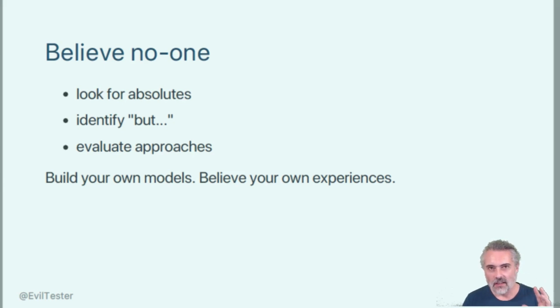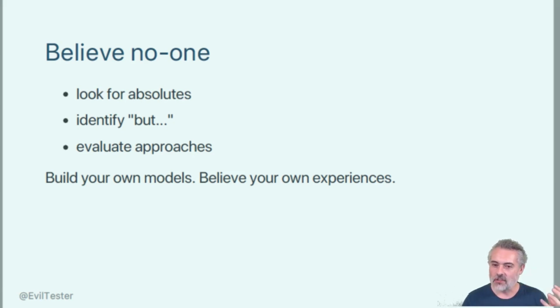So one of the things that I do is I look for absolutes when people are talking, right? So never automate through the GUI. There's an absolute never in there. So I distrust absolutes. Now, when I'm communicating, I try and avoid absolutes, but it's hard, right? Because we think in absolute terms. So I will use absolutes when I'm communicating, but then it's your job to try and get past those absolutes and disbelieve me when I'm saying absolutes.